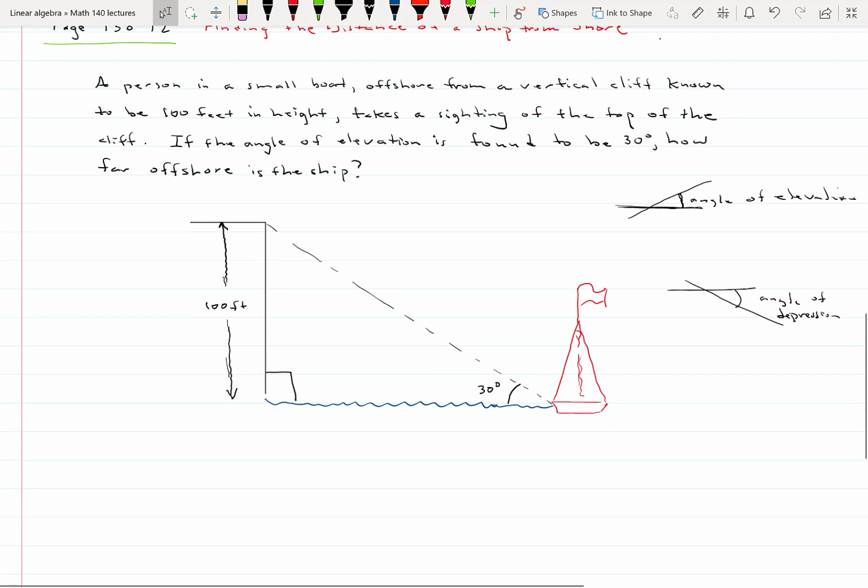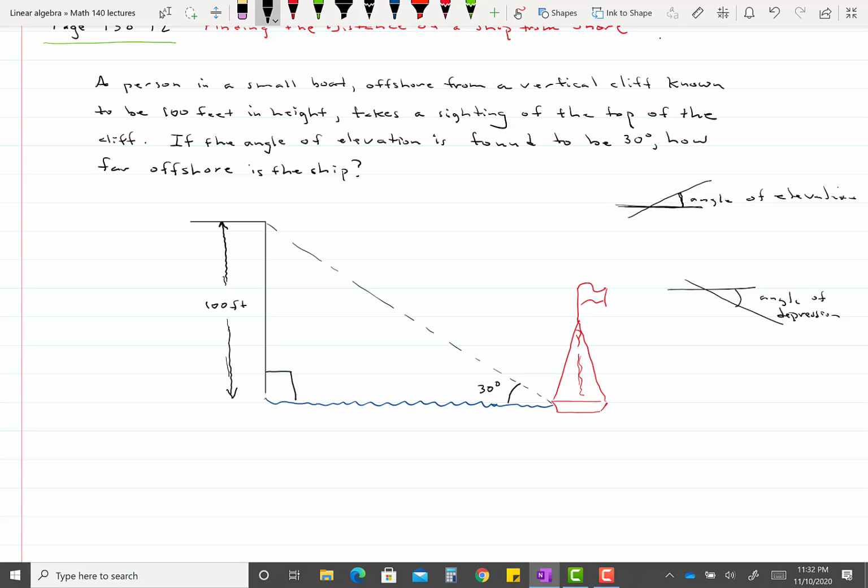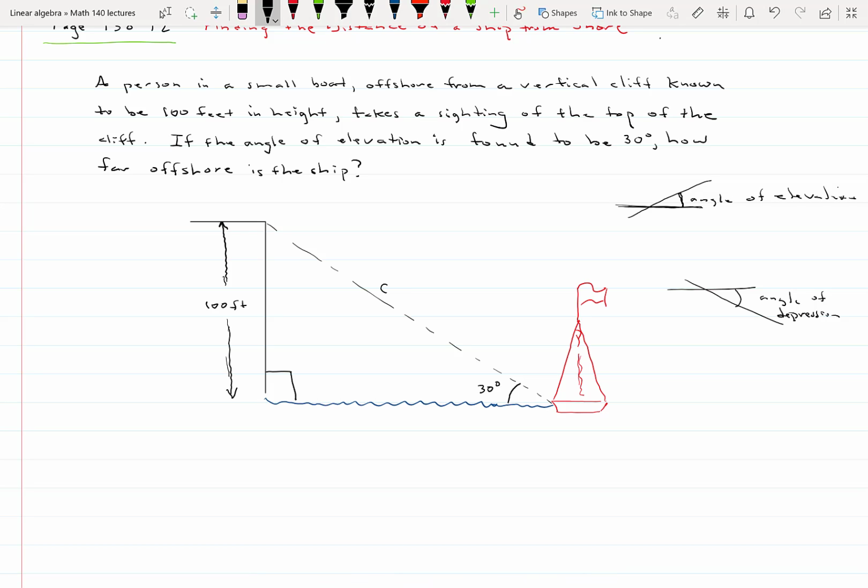So once we have this information, if the angle of elevation is found to be 30 degrees, how far offshore is the ship? The common mistake that students make is they'll try to measure C, the hypotenuse, the distance from the boat to the top of the cliff. That's not the distance to the shore. The shoreline is not up there. The shoreline is at the base of the cliff. So it's not C that we're after. If I label the distance to the shore as A,